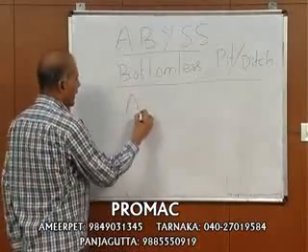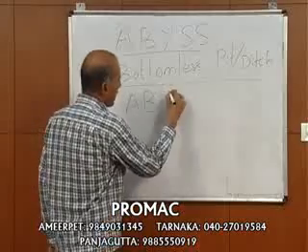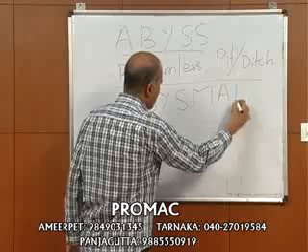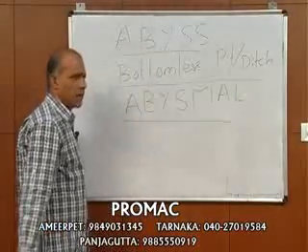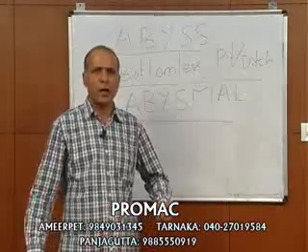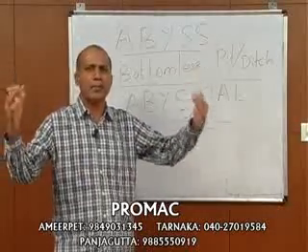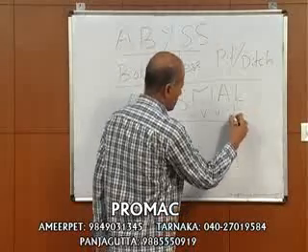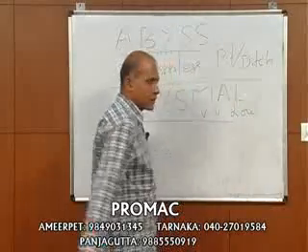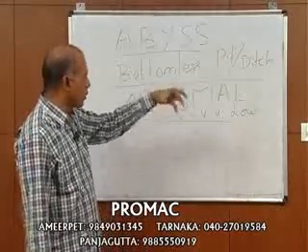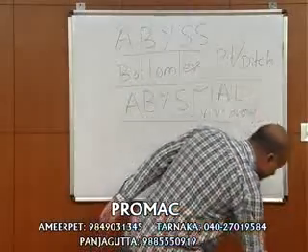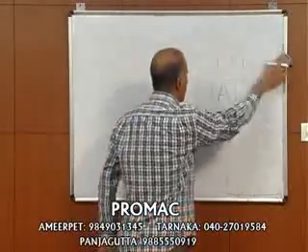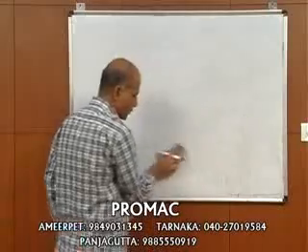From this word called abyss, we have a word called abysmal. My performance in the test was abysmal. The performance of our team in that game was abysmal. Abysmal means very low. Anything that is extremely low is what is called abysmal. So we have learnt a word called nadir. From this we have learnt one or two more words.